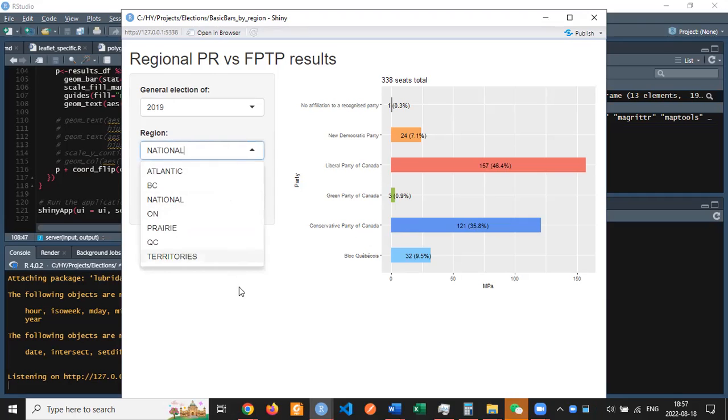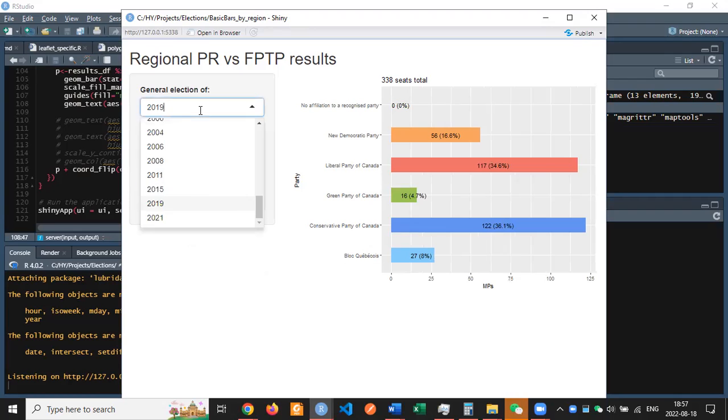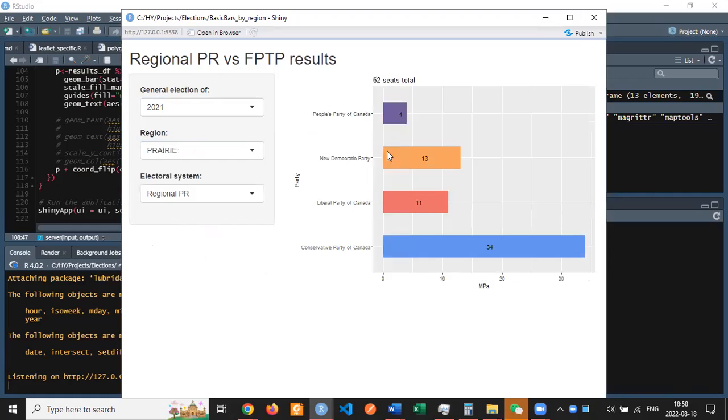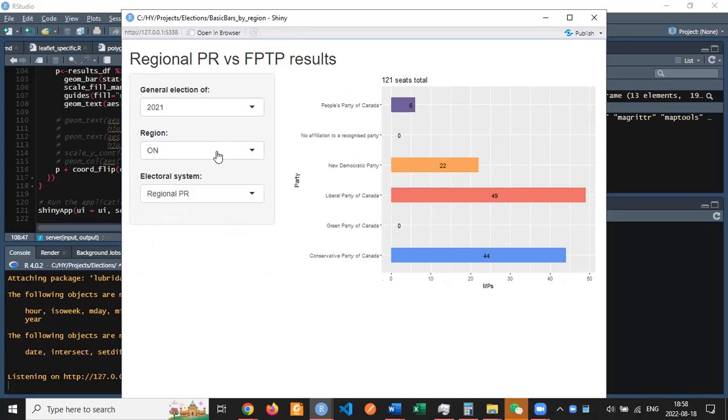So what we can see is that if we go to the last election, the PPC would have gotten 12 seats nationally under regional PR, including 4 seats in the Prairies, which I assume would have been the best region. Well, actually, Ontario is the best one. Anyways, whereas